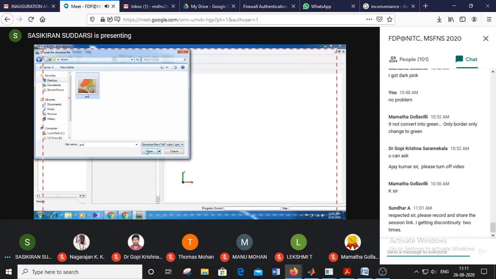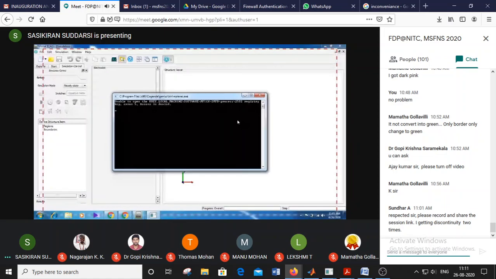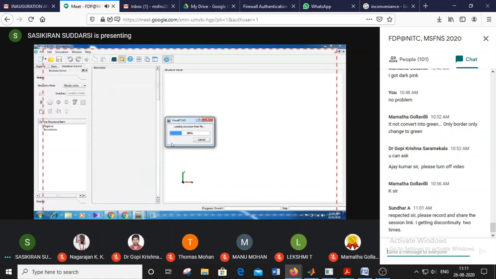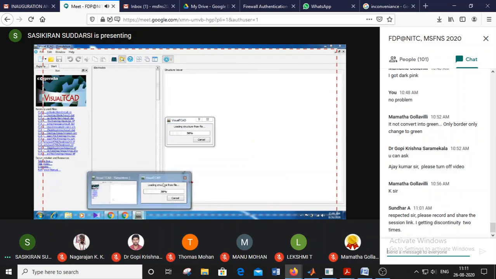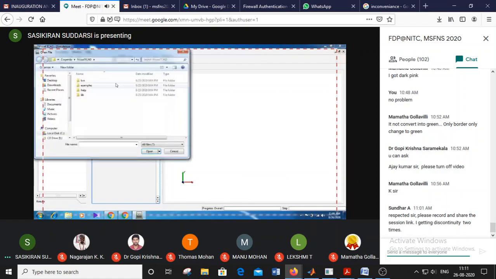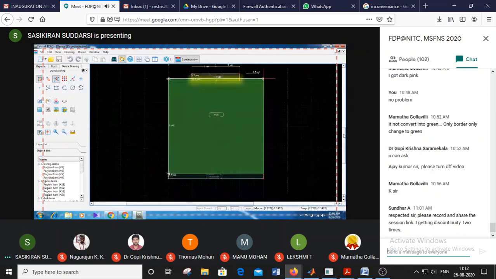We saved it in diode as PN1. Oh, it is not saved, I think. The meshing was not saved.